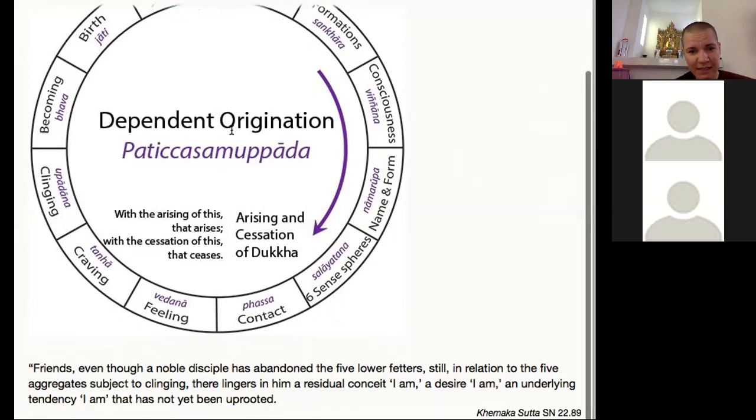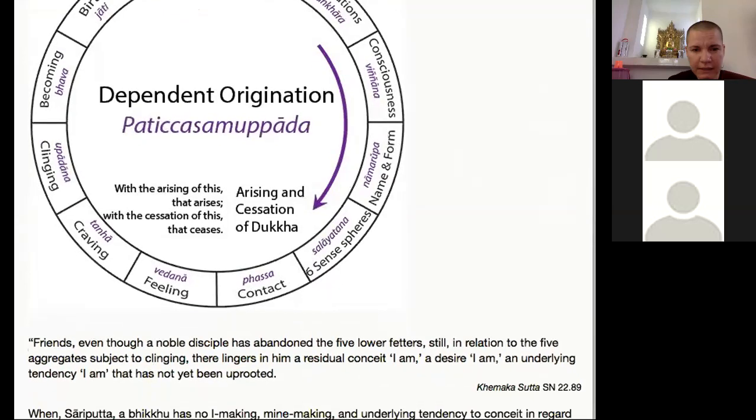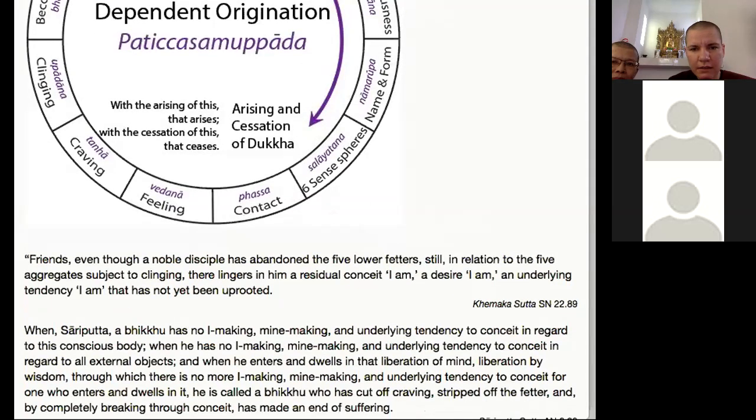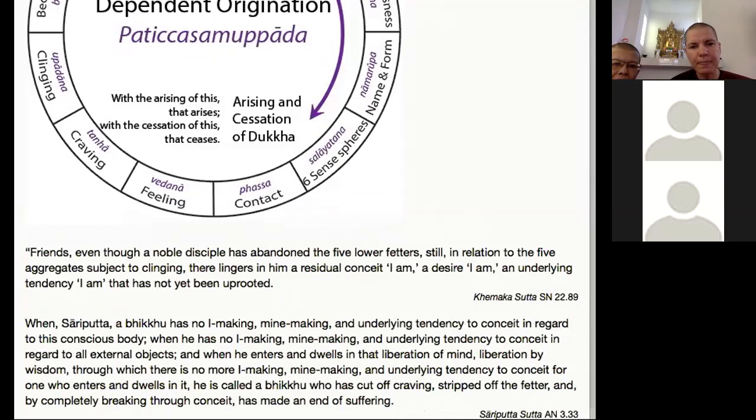So, but for me, it's difficult to say, I'm not an arahant. And just to say a little bit more about this, I have another sutta. This is, sorry, it doesn't fit for some reason. Sariputta Sutta from Anguttara Nikaya. Okay, when Sariputta, a bhikkhu, has no I-making, mind-making, and underlying tendency to conceit in regard to this conscious body,